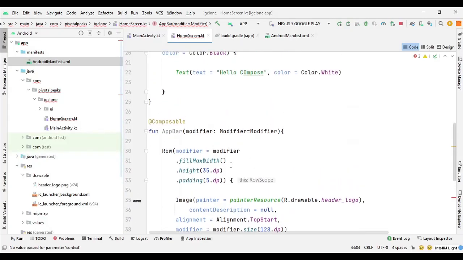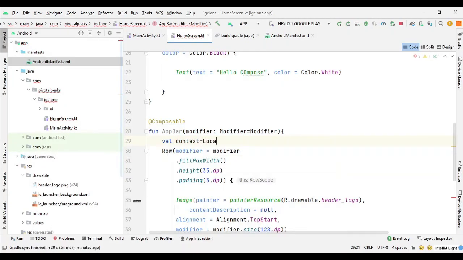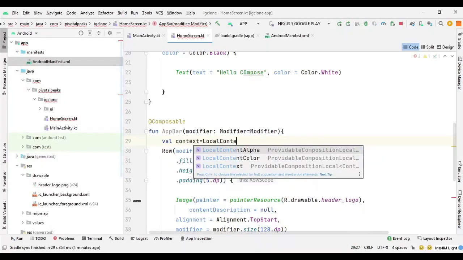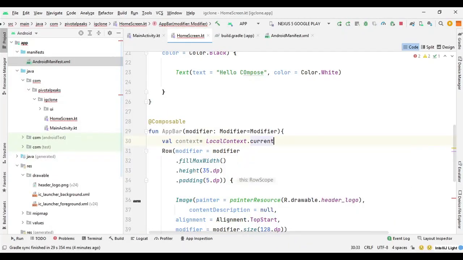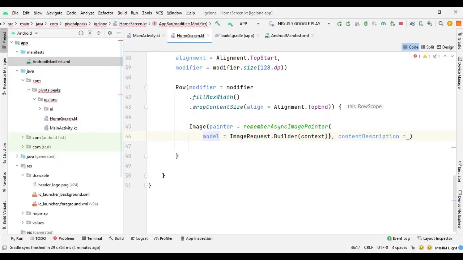So let's declare it here. We can say val context equals LocalContext.current, and now we can pass this context here. Let's bring it to the next line, and then on this context or builder we can pass all the additional functions that we require.